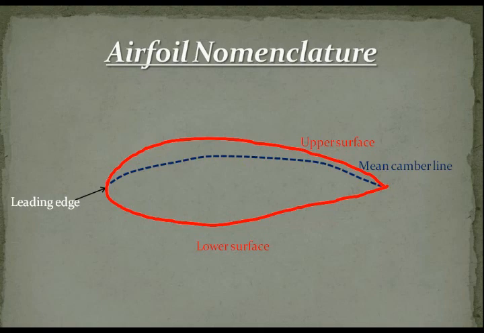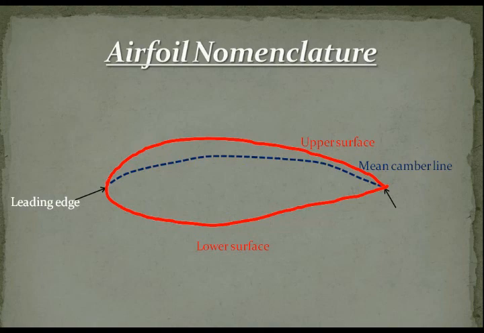The leading edge of an airfoil is the portion that meets the air first. The shape of the leading edge depends upon the function of the airfoil. For example, if the airfoil is designed to operate at high speeds, its leading edge will be very sharp. If the airfoil is designed to produce a greater amount of lift at a relatively low speed, then the leading edge will be thick. This is the significance of the leading edge.